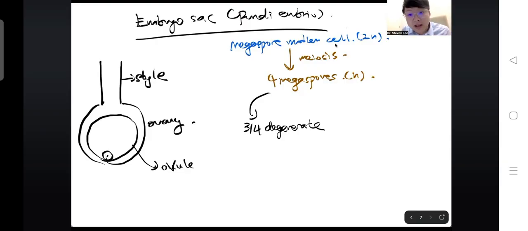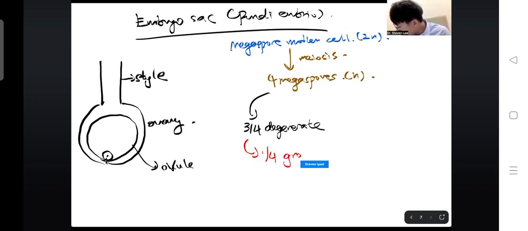No. In the beginning, it was diploid. Now it is haploid. Even though the number is the same, the content of the chromosome is different. This cell, do you think it deserves the name megaspore? Do you think this size looks like a megaspore? No. So what it has to do, the remaining one,